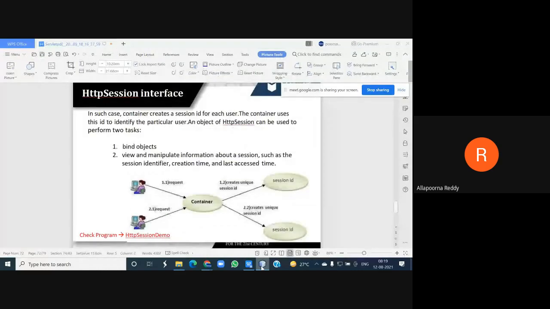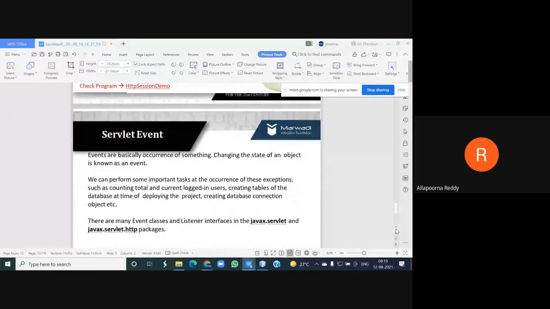So this is what I made: the session tracking information maintained in a separate URL form. These are the four mechanisms which I'm using to track my session and maintain the state of your user information. And after that, this is a basic